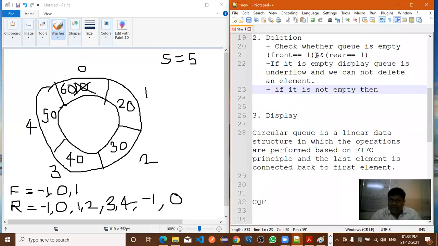First in element you are deleting, displaying. But by using which pointer, front or rear? Front. So first we'll display the element.